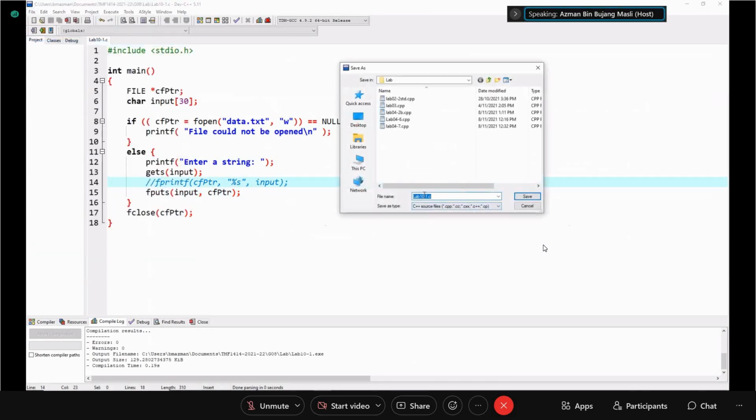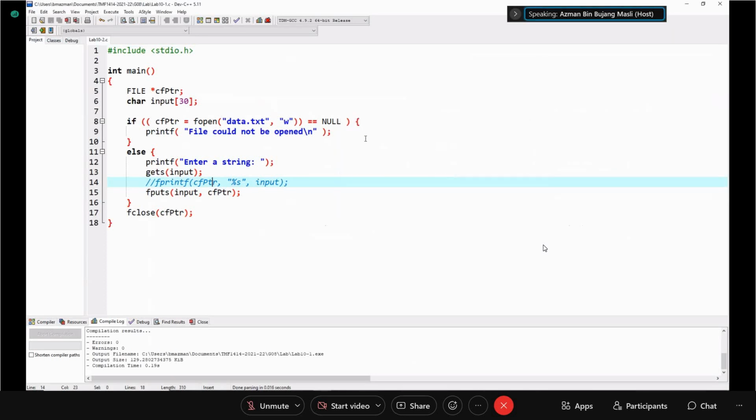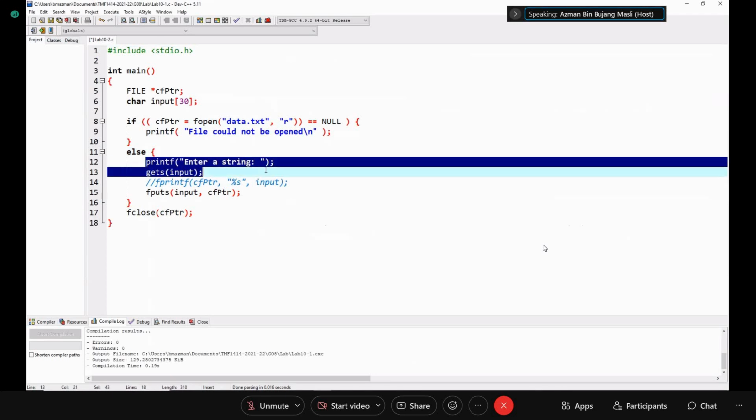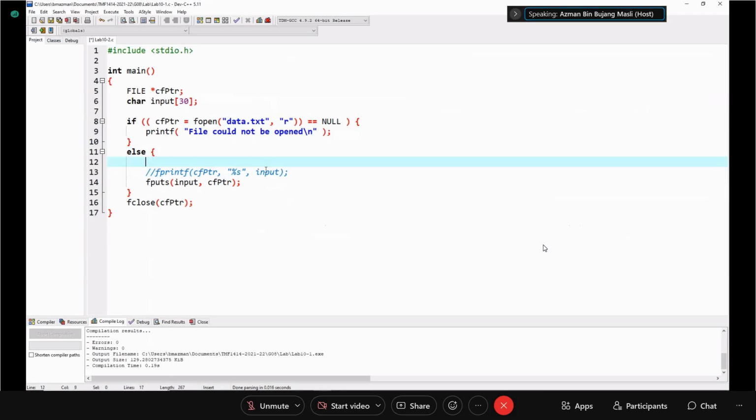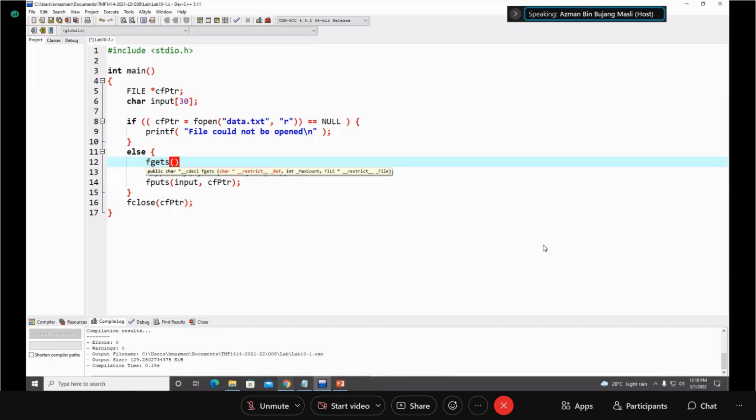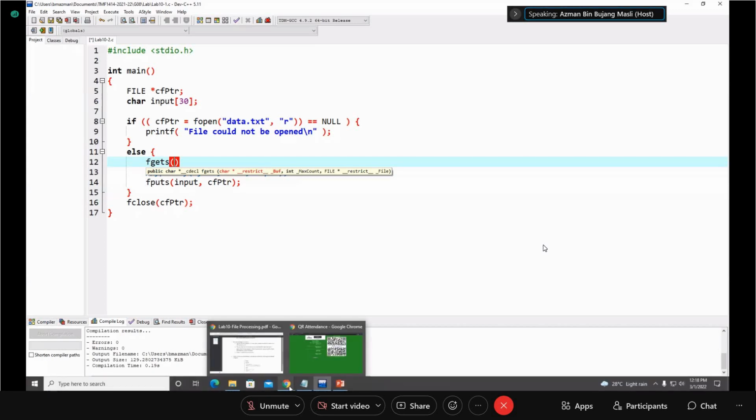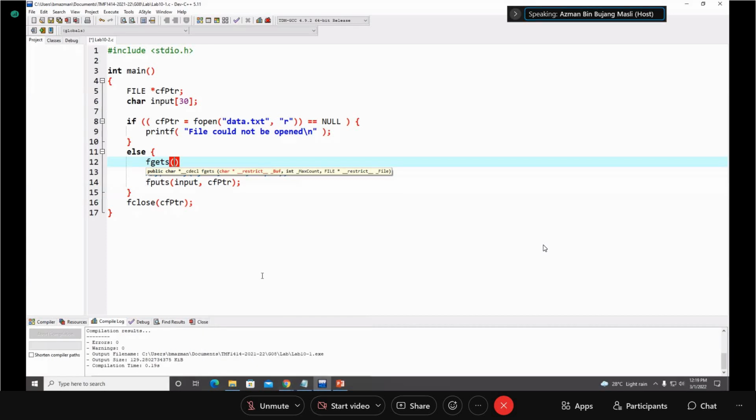For another one, number 102, instead of writing to the file, we want to read the file. We don't enter the string, but we read the file. So here we use fgets. This one, you need to specify the string.